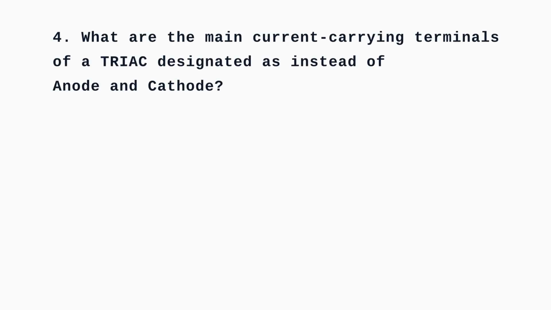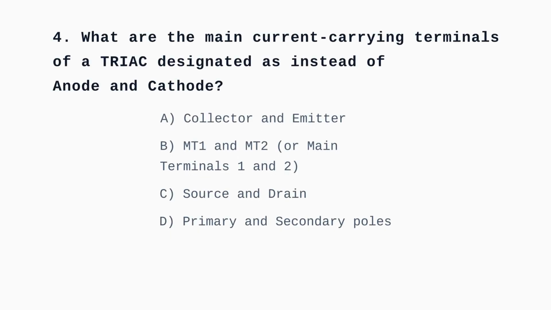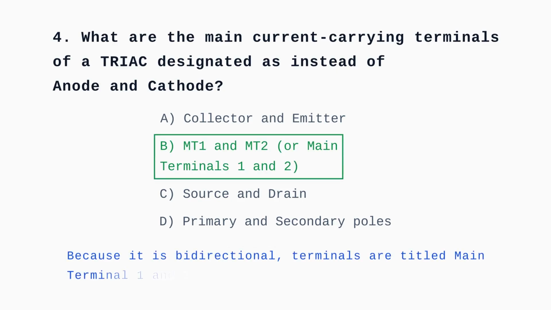control. What are the main current-carrying terminals of a TRIAC designated as instead of anode and cathode? Since current passes bidirectionally, standard anode-cathode naming is replaced by main terminal 1 and main terminal 2, or MT1 and